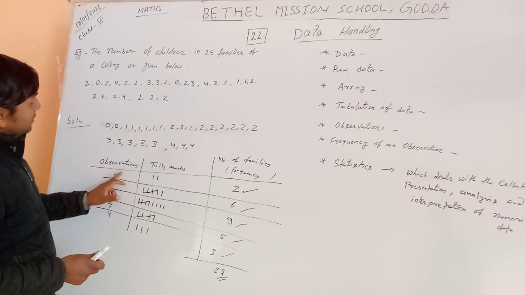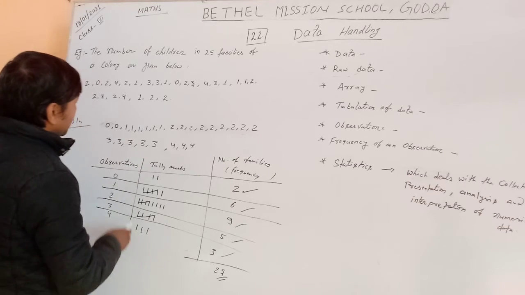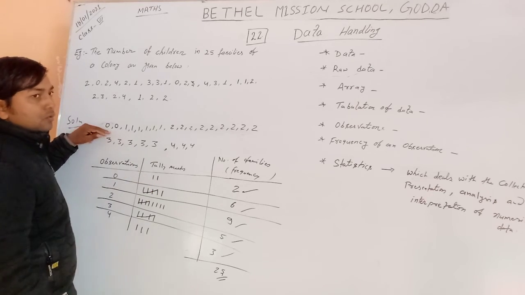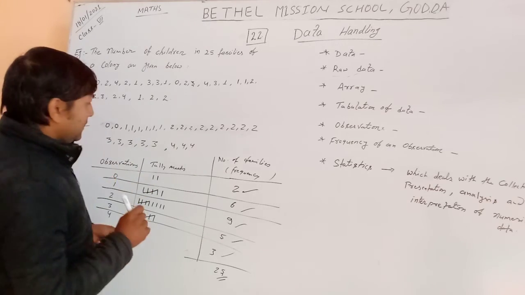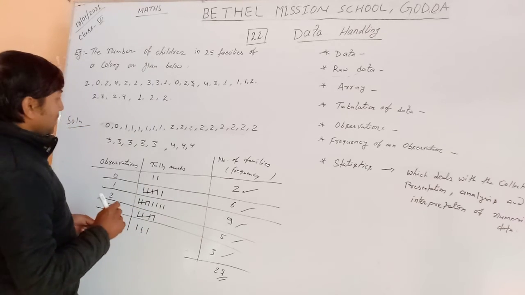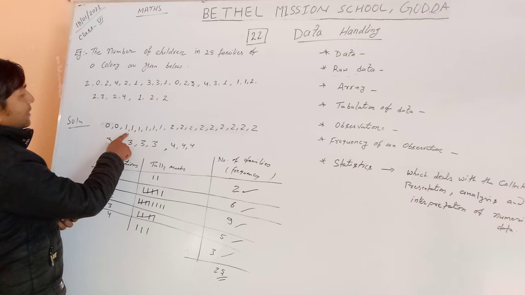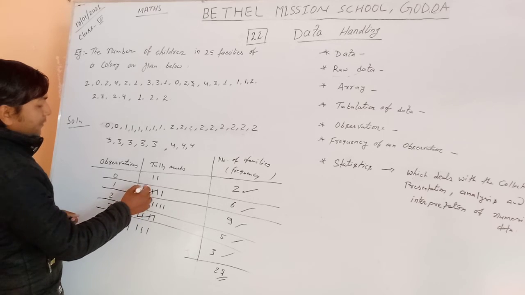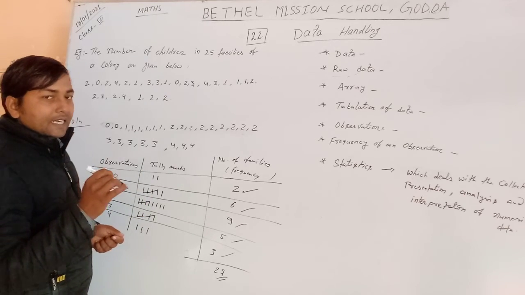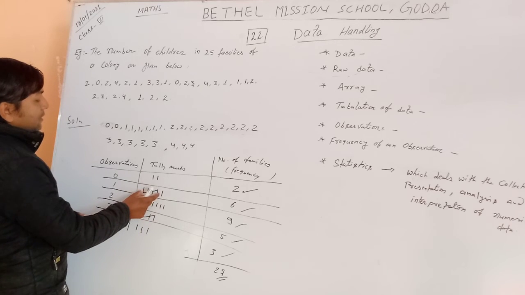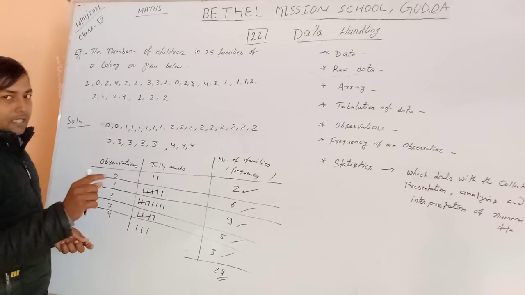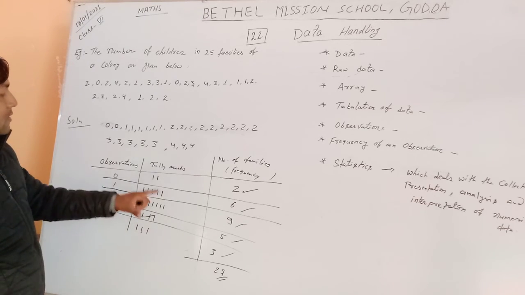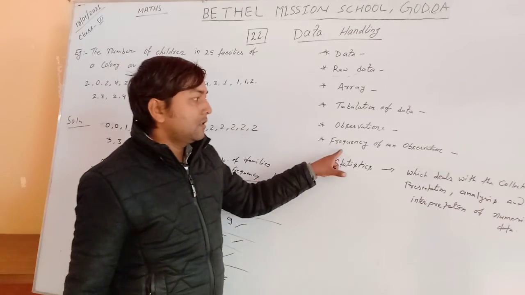Okay, and now in tally marks, if there are 2 zeros given, you have to draw 2 vertical lines. Okay, and that is known as a tally mark. Okay, and for 1 there are 6 given. How many ones? 1, 2, 3, 4, 5, 6. So you draw first 4 vertical lines and then cut it and count 5, and one more you have to draw as the tally mark, that is 6. Okay, as usual you do that. This is known as the frequency table.